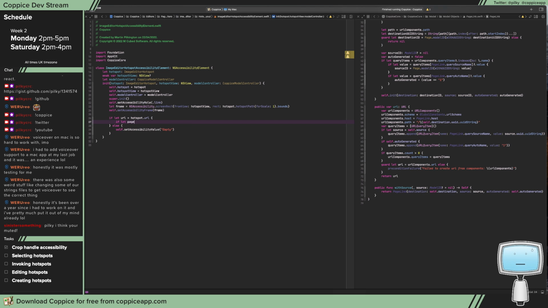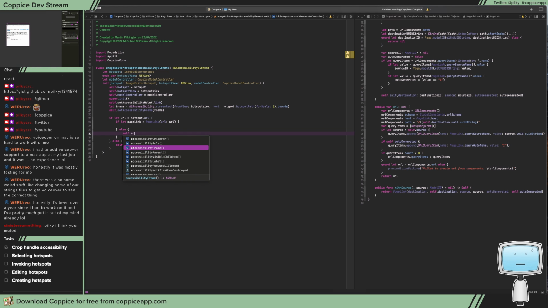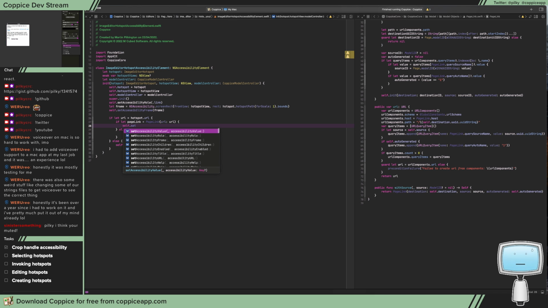If let page link with URL, when it's page link, else self.accessibility set value just the URL. Self dot